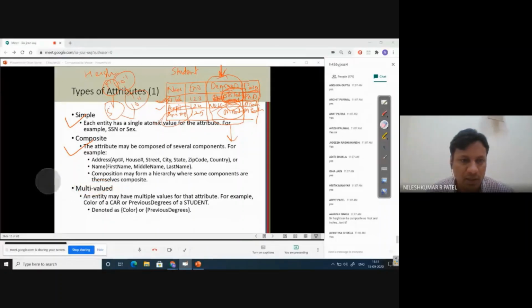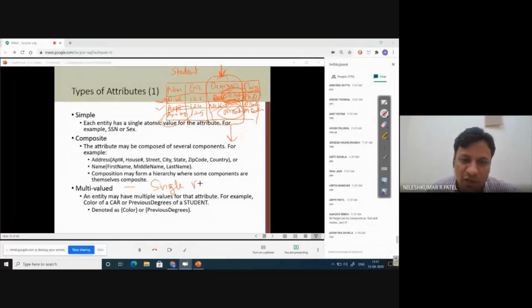So this is ultimately what a multi-valued attribute is. Compared to multi-valued, there is another type of attribute. We call it single valued. You may give examples of single valued. For example, in the student table, take name. A student will have only one name.